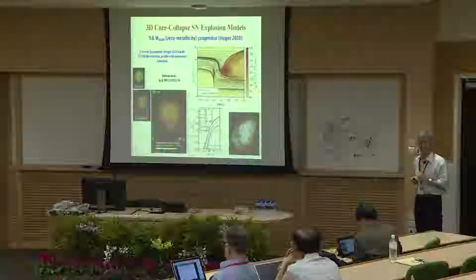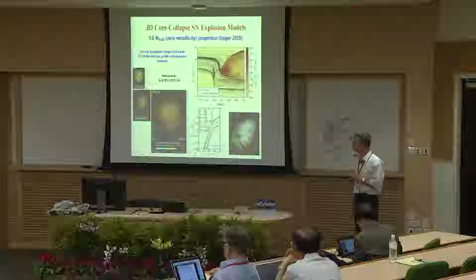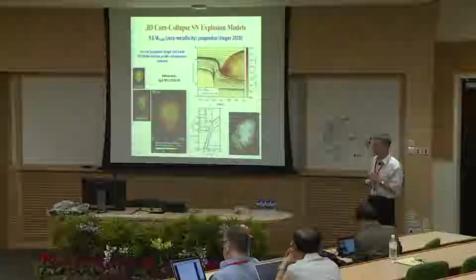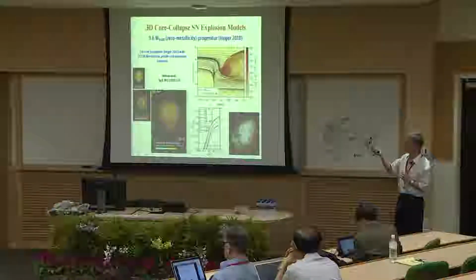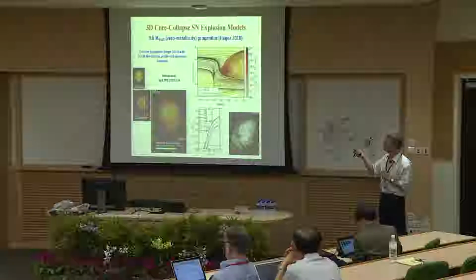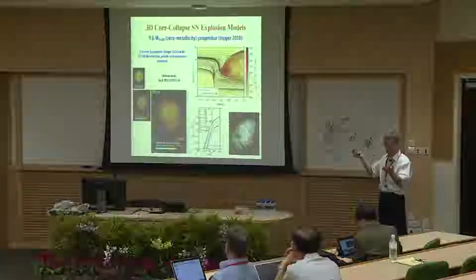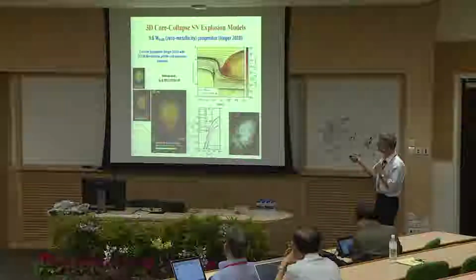This is our first successful 3-dimensional explosion model, which we put out some 2.5 years ago for a low mass star, a 9.6 solar mass star in this case, which is not relevant when you talk about the mechanism, a zero metallicity star from Alex Heger. And you see here this familiar mass shell plot, which is just a spherization of the 3-dimensional information in terms of